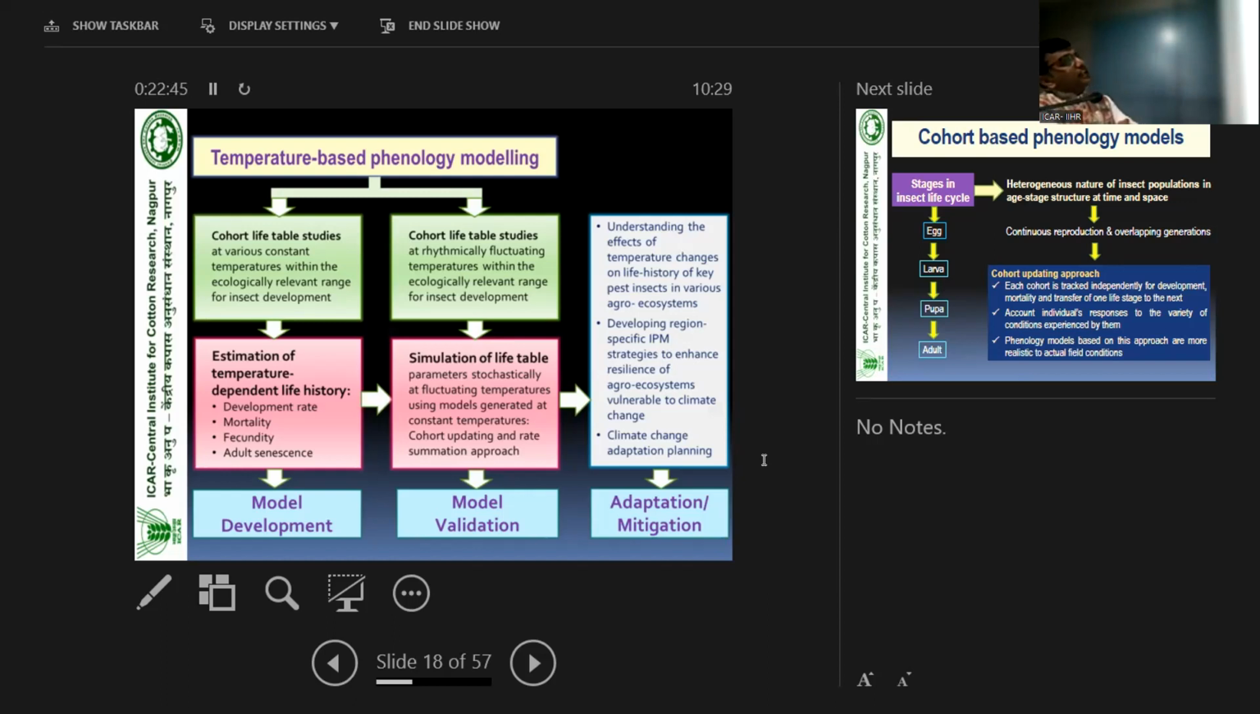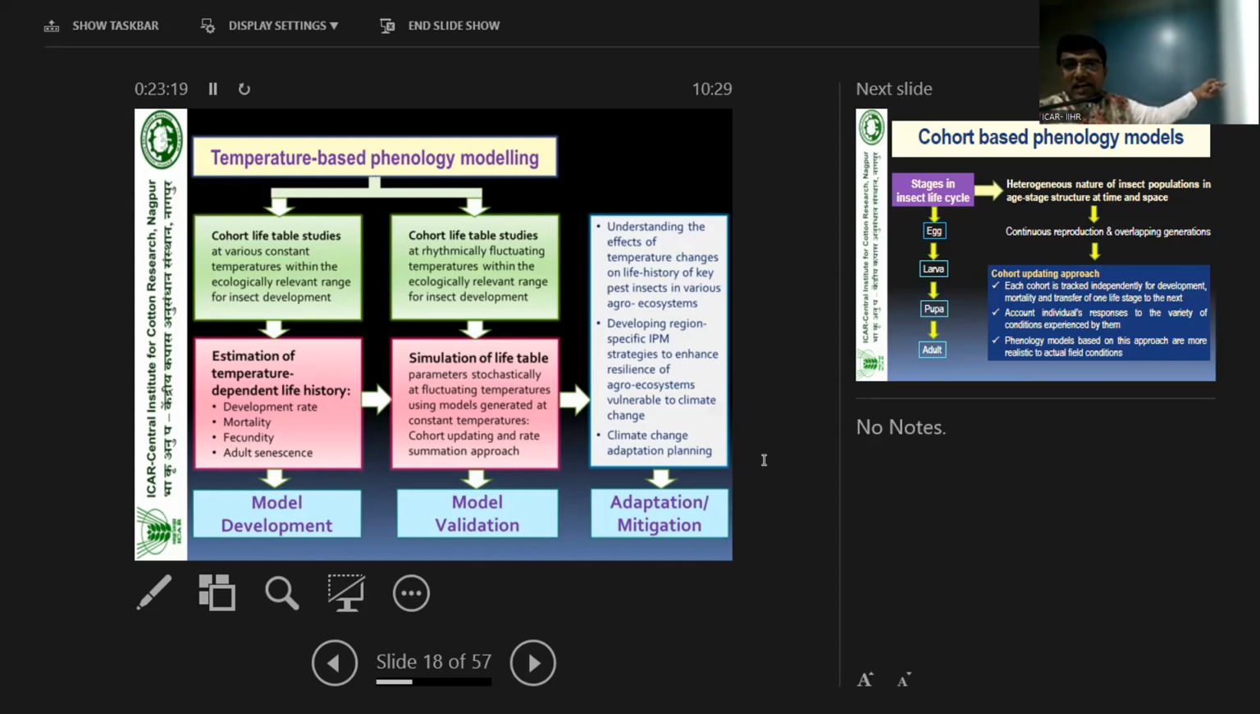Temperature-based phenology model has two main parts. The first one is constant temperature studies in laboratory. You have to choose the temperature ranges at regular intervals starting from low to high, considering the ecologically relevant range for development of the species under investigation. Based on that data, you estimate the temperature dependency. Then we have to fit the models for development rate, mortality, fecundity